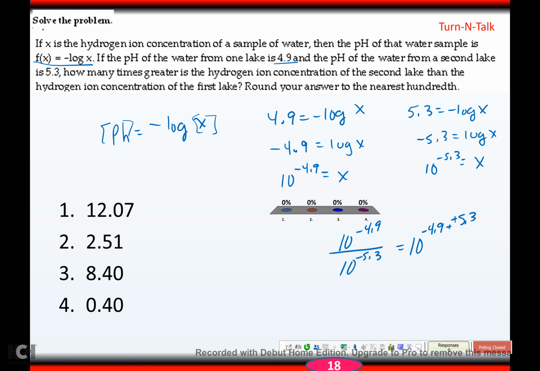Negative 4.9 plus 5.3 is 10 to the 0.4, and if I do 10 caret 0.4, I get